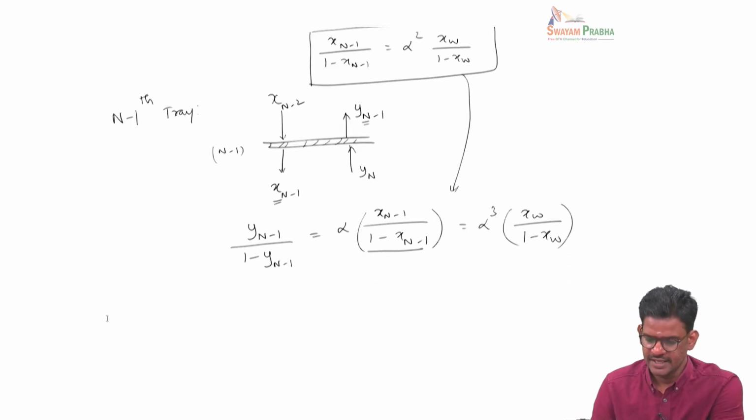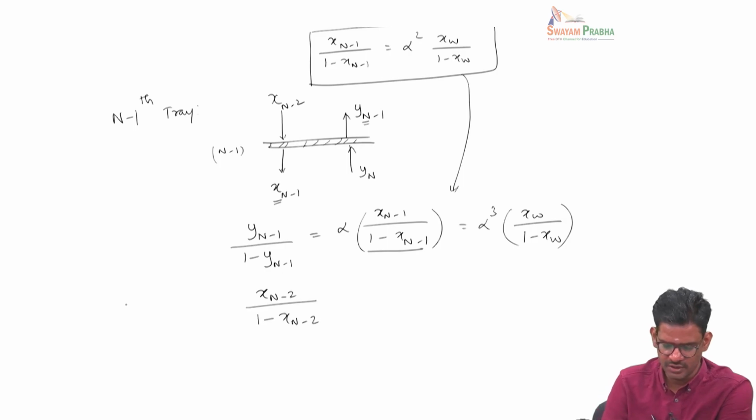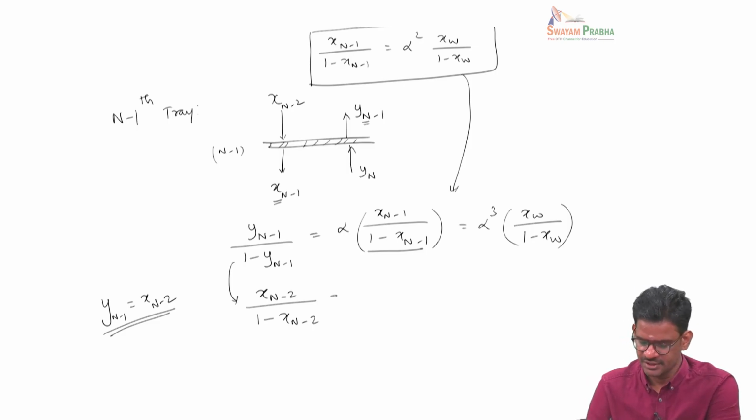And we also know that this is the operating line corresponding to the 45-degree line. So we will be able to write y_{n-1} as x_{n-2} by 1 minus x_{n-2}. This is because we know that y_{n-1} is equal to x_{n-2}, since the operating line is the 45-degree line. So we can write this is equal to this, and then we get alpha cubed into x_w by 1 minus